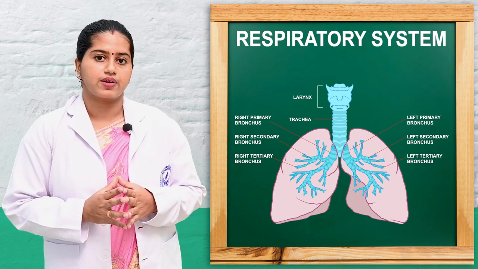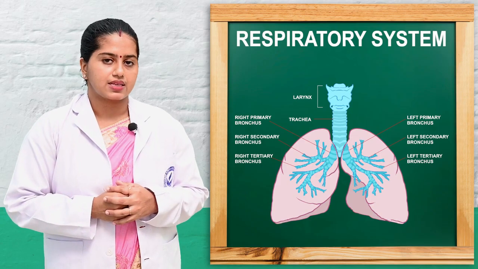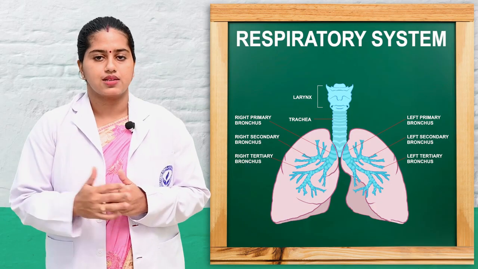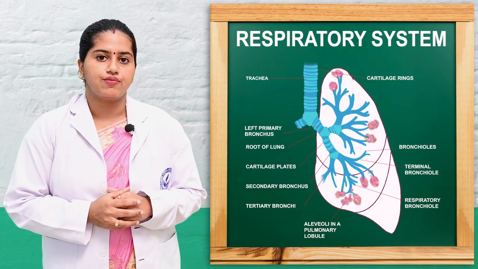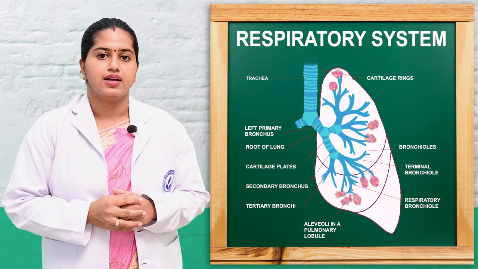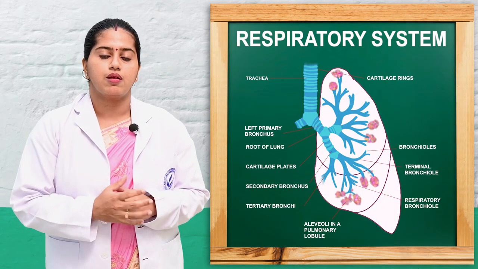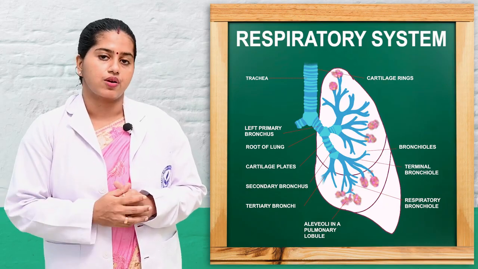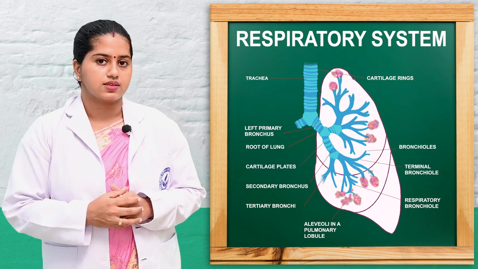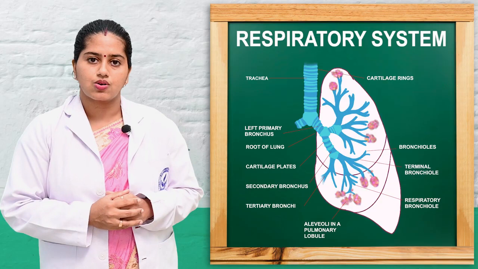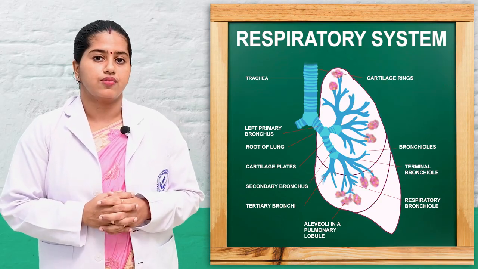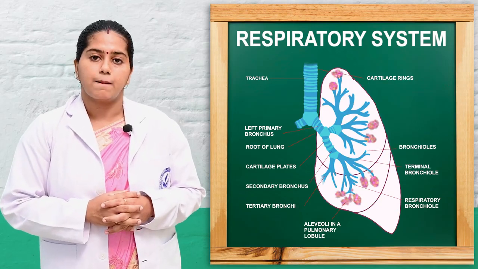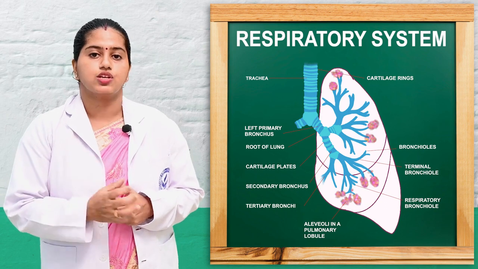Bronchoconstriction and bronchorelaxation occur due to the sympathetic and parasympathetic nerve supplies. Initially cartilages will be there, later smooth muscles will be present. Next one is alveoli. Alveoli are the functional unit of the lungs. Mainly the terminal bronchioles branch into respiratory bronchioles, and respiratory bronchioles change into sockets or pockets formed in the lungs. That is known as the alveoli. In the lungs there are millions of alveoli, 200 to more than 500 million. As a result the lungs are very spongy in nature.